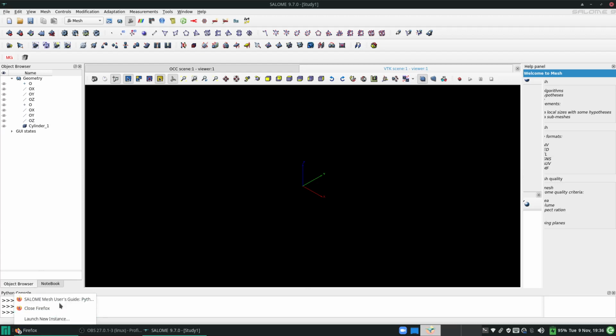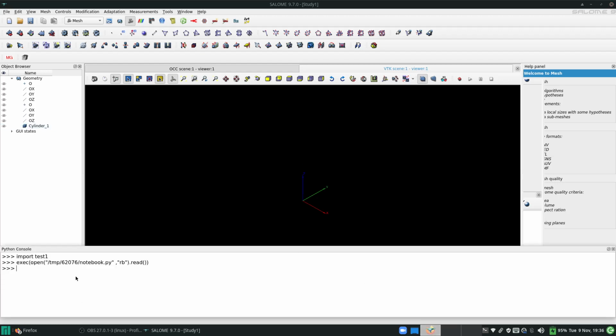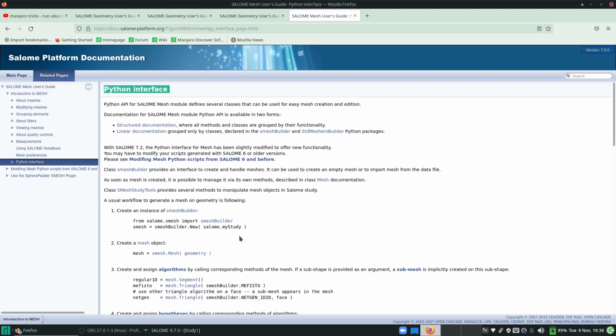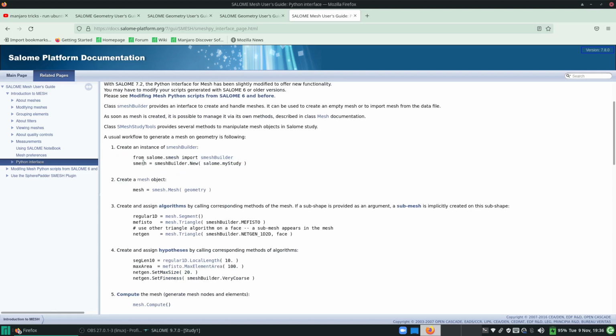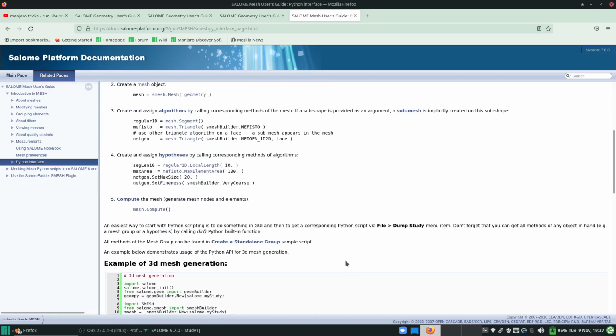Again, same thing. You can actually try playing along with the GUI, the graphical user interface, and then try to mesh things, and you see how the code actually looks like in your dump file. Or you can look at the mesh user guide over here, where you see from salome.smesh import smeshBuilder. smesh equals smeshBuilder.New. You can look at the algorithms here,